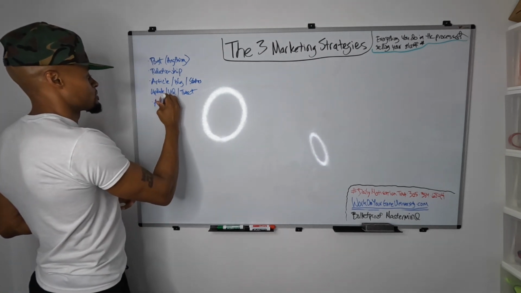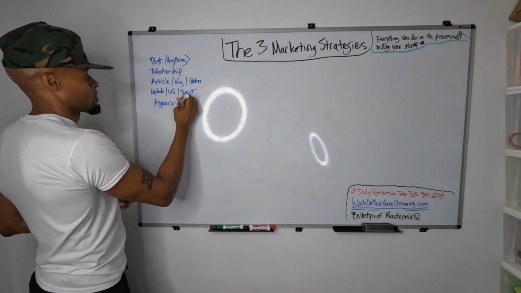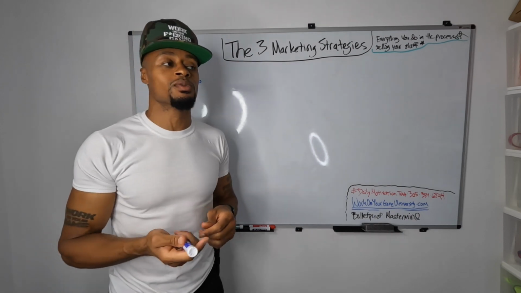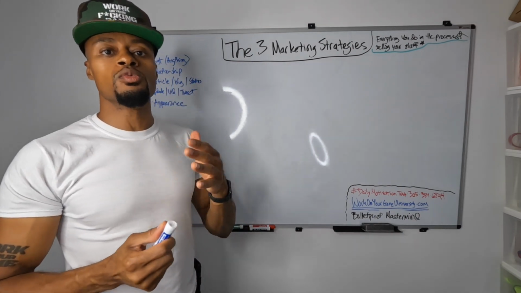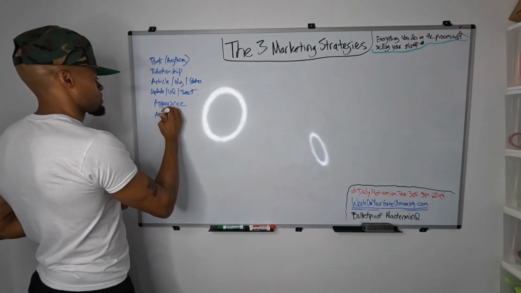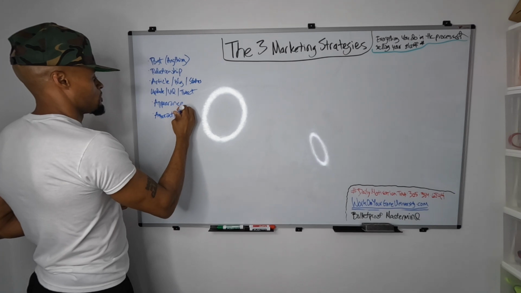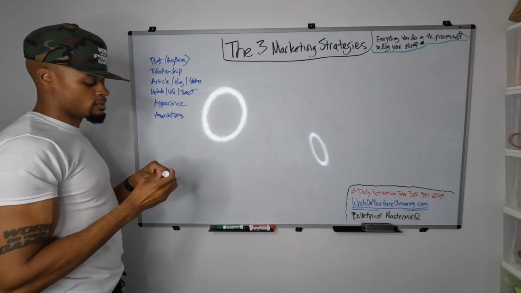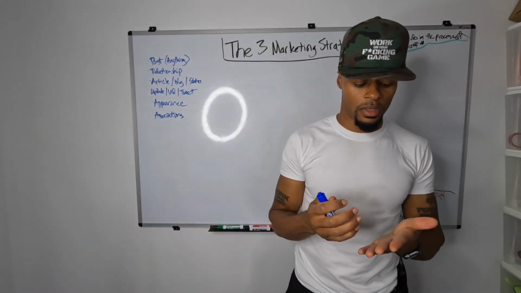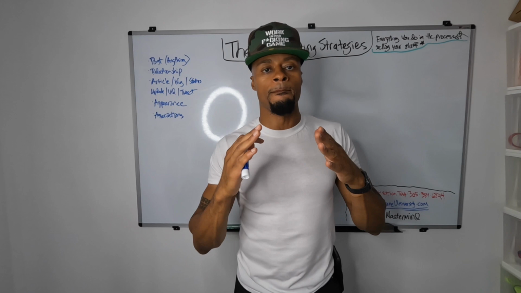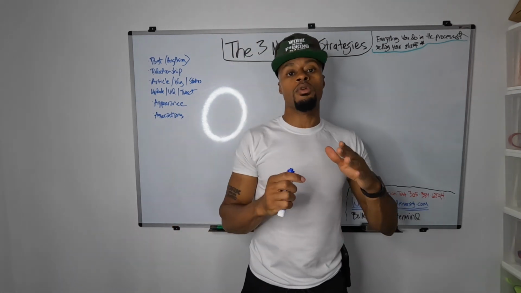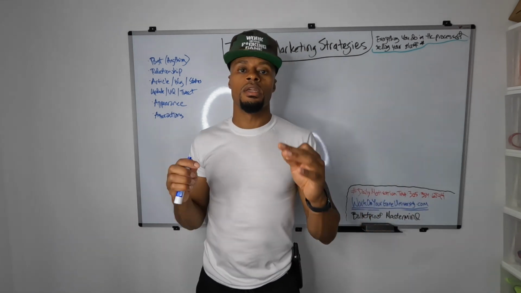Your appearance. If you walk around with a t-shirt and a snapback hat on, or you walk around with a business suit on, all that is part of your marketing. The way that you show up, the people that you hang with, your associations, all of these are part of your marketing. The way that you walk, the way that you talk, any way that you show up is all part of your marketing. Every single thing that you do that builds or moves along the relationship that you have with your audience is marketing. Whether you're doing it on purpose or by accident, it is all marketing,